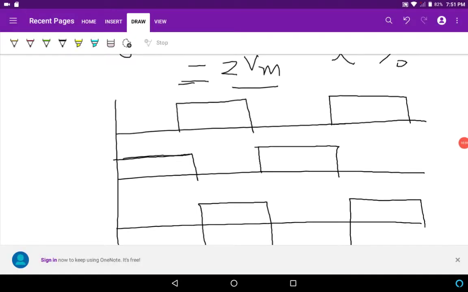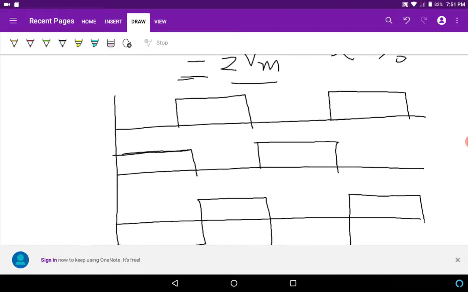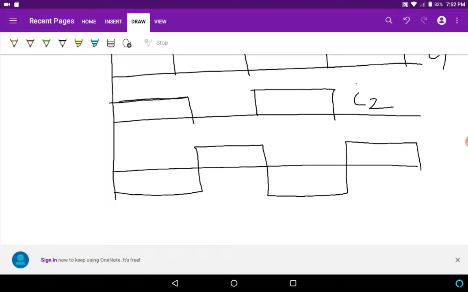Okay, so once again I have drawn the waveforms for your benefit. So if you look at this, the upper one is the current waveform for current I1, and this is for current I2. And the waveform which is flowing through the secondary of the transformer will be I1 minus I2.